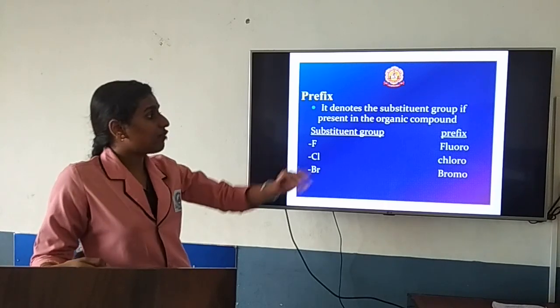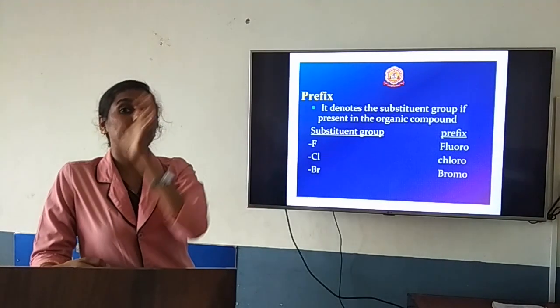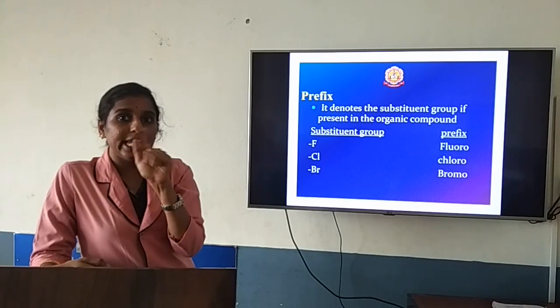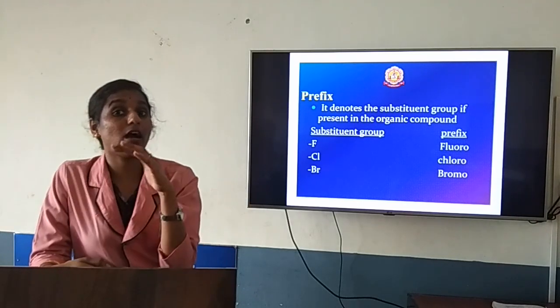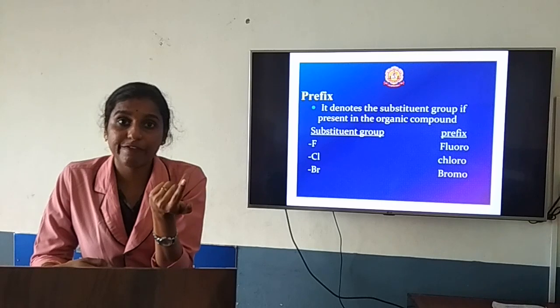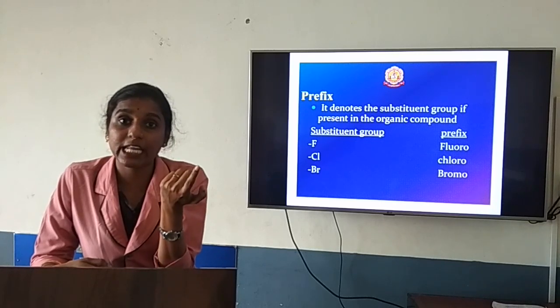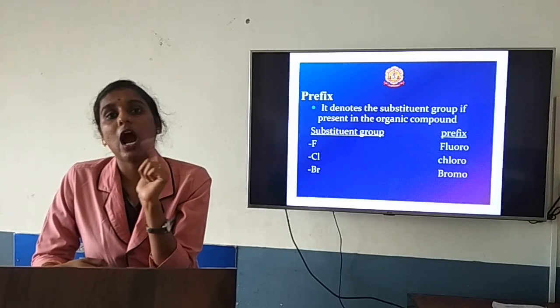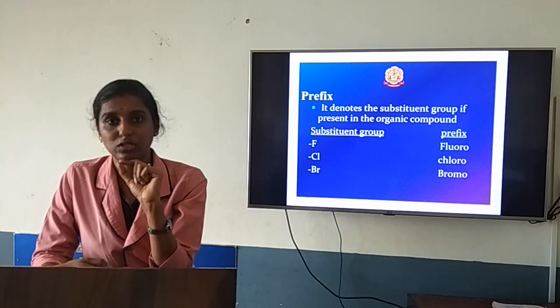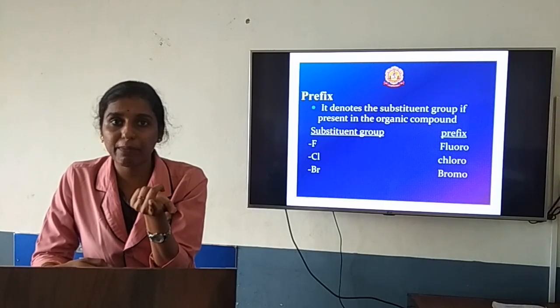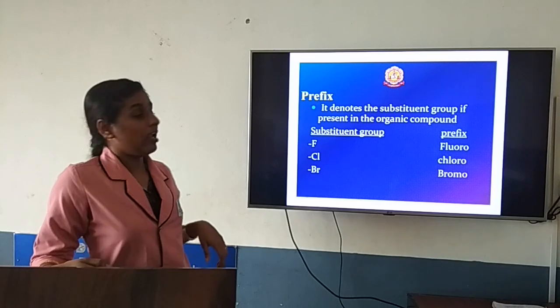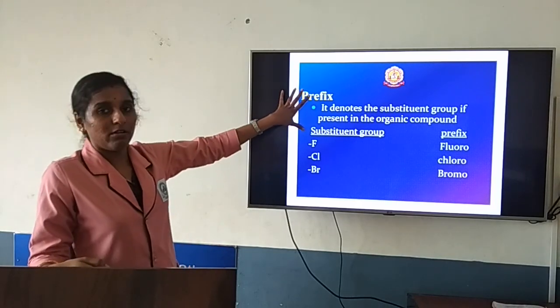So while naming a compound, if you are giving a prefix, it goes with alkyl. It is not alkyne, that is different. That goes with the triple bond. Here by alkyl, it represents that one hydrogen will be removed or replaced. So that will be considered as alkyl. For those kinds of compounds you are going to give a prefix.